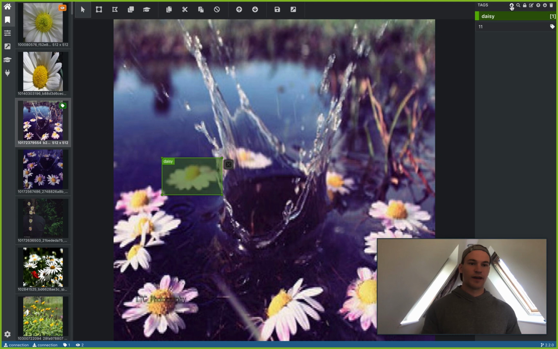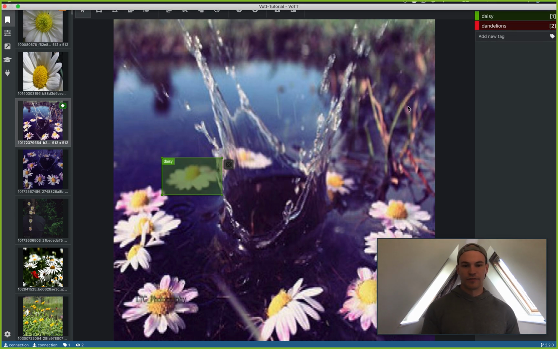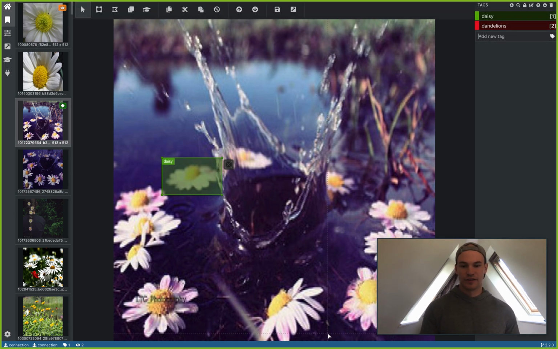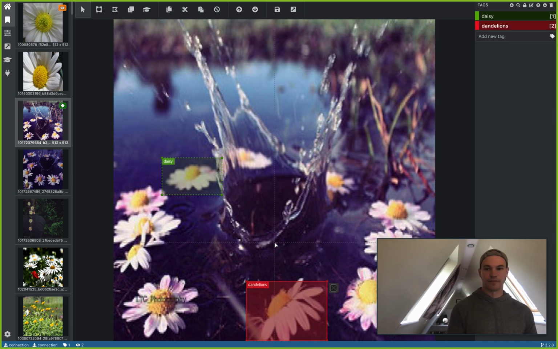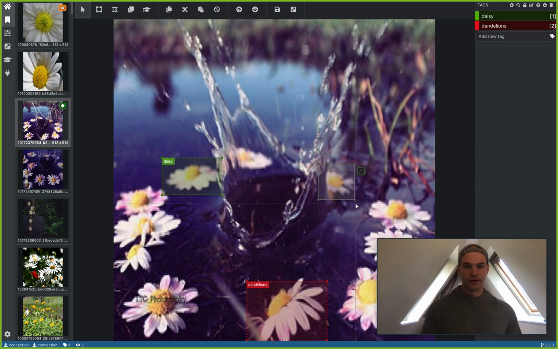But let's say we maybe had a few other classes here. I'll go ahead and add another one. Let's just say we had dandelions in here, and we also wanted to label those. Those will show up with red boxes. So after we've drawn the box, and we can move it around there, we label it as dandelions. So as you can see here, you can be going through quickly and annotating different